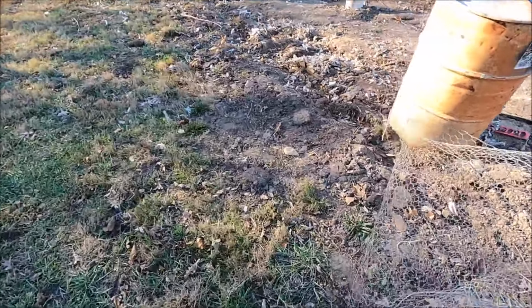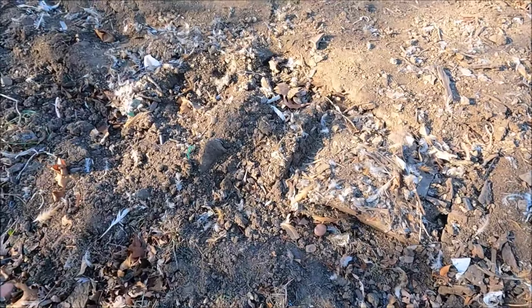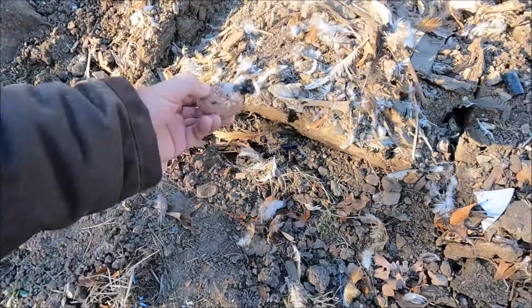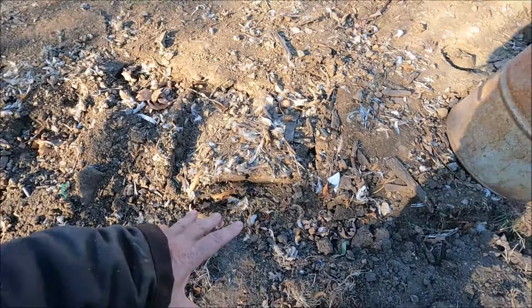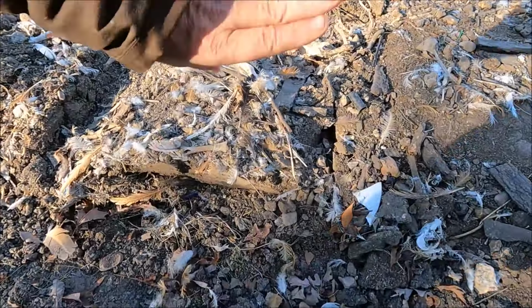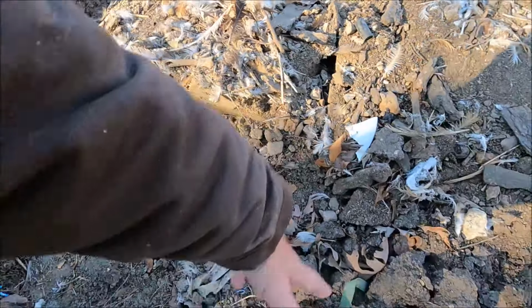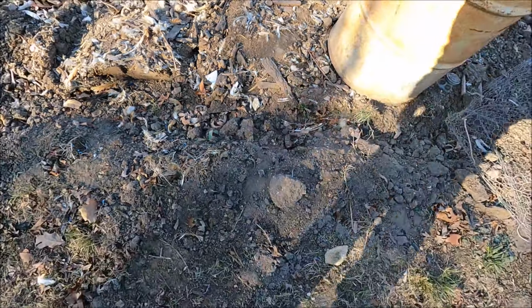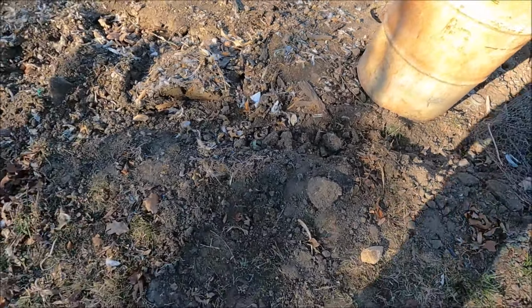Unfortunately, we figured out how to deal with it, but you can see the dog dug, that's not an egg, that's a fake egg, a trench here trying to get into the chicken coop. However, when we laid the fence down, we brought it down and across, so as he dug, he just ran into fence. So we got to get this back into the trench, so hopefully we can do that with the